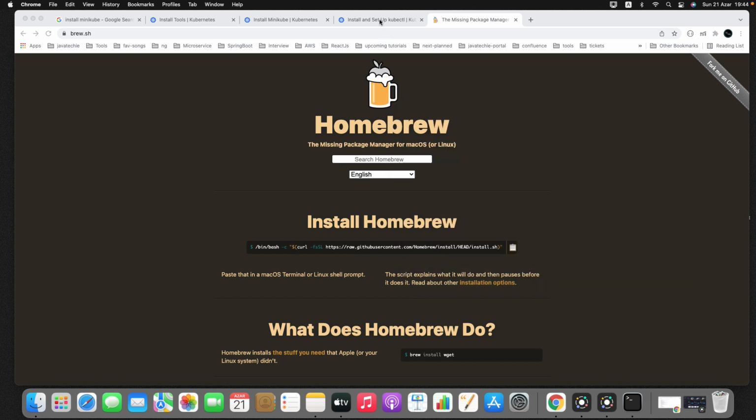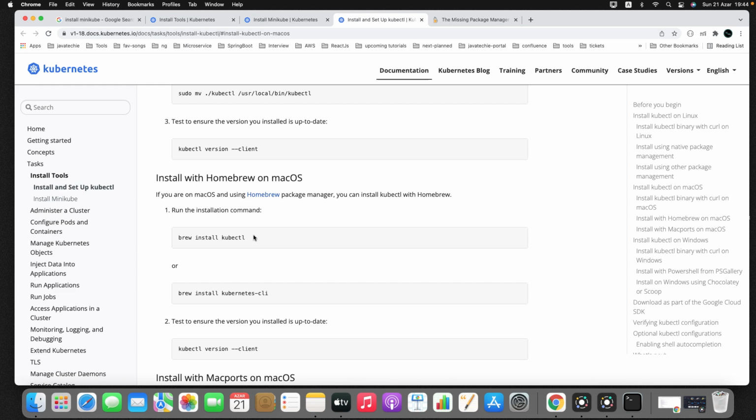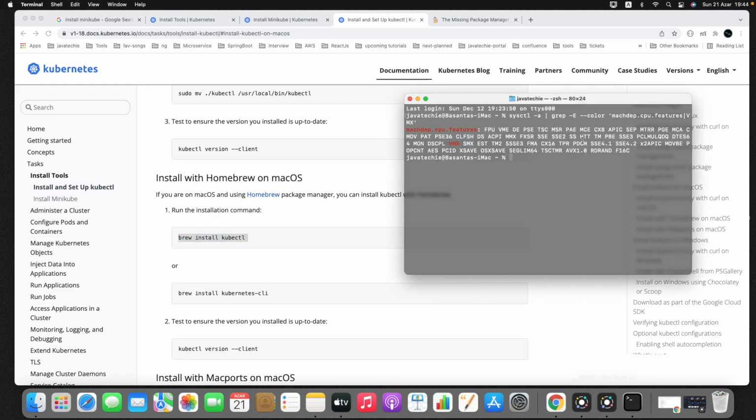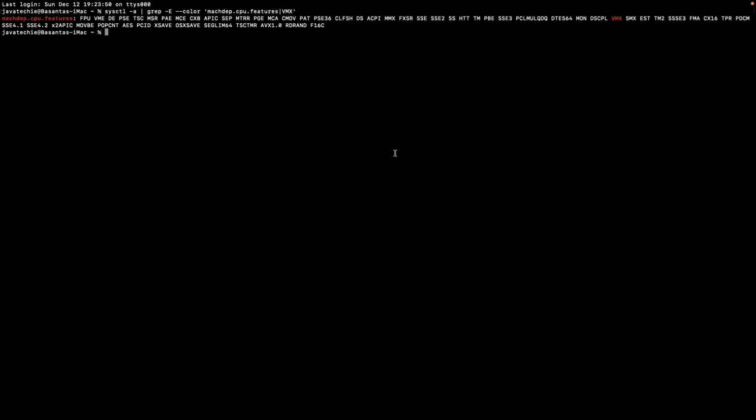Okay, so I'll just use Homebrew to install kubectl. Let me copy this command, then go to the command prompt and just paste it. It will download kubectl on my Mac. Running brew update pre-install, so it's already downloading.